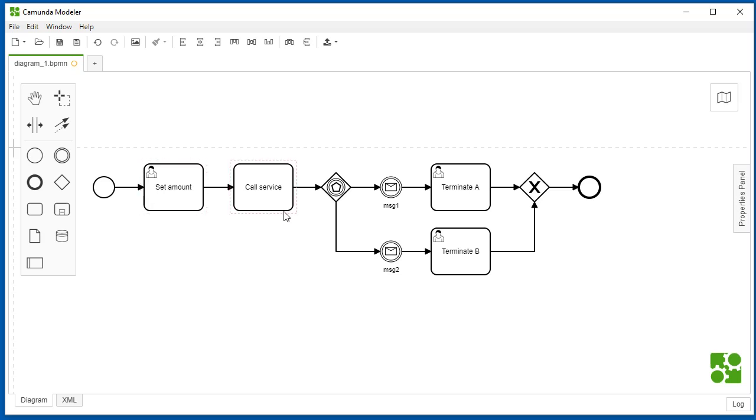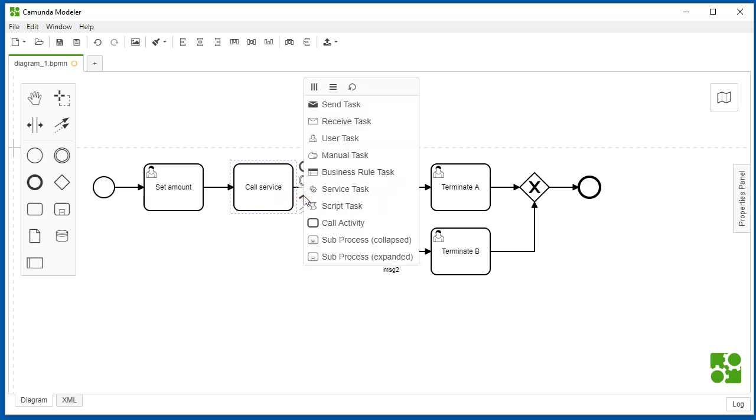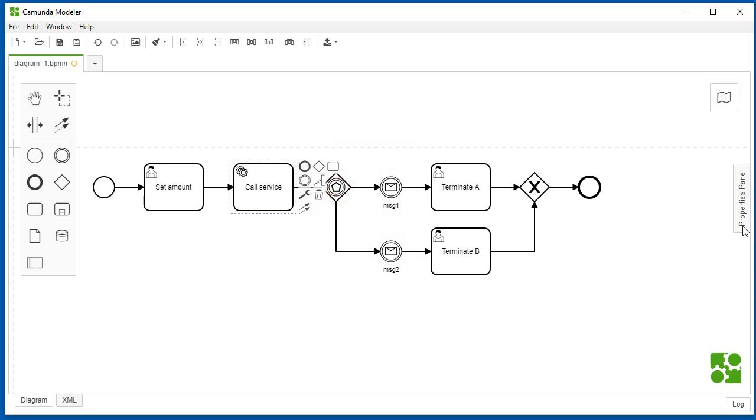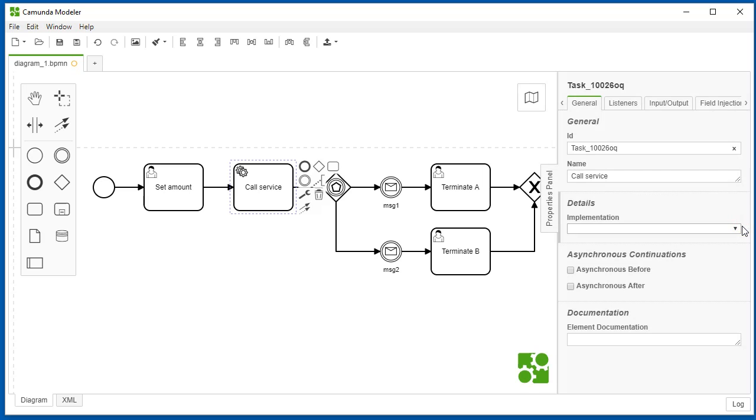Then we have the second activity, which is actually call service. It is called call service activity, and in this activity we want to trigger an external service with a REST call, which should include the amount set in the previous activity. So to do that, we need to first change the type of the activity to a service task, and then we have to open the properties panel, and as implementation we need to